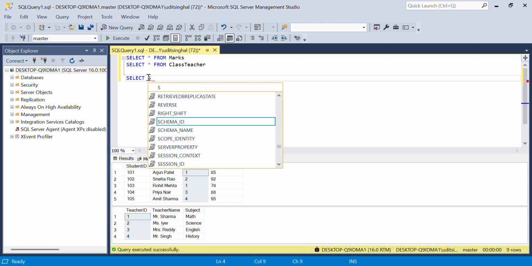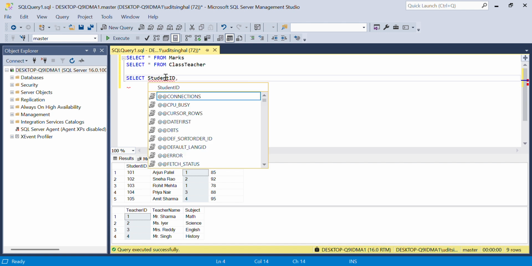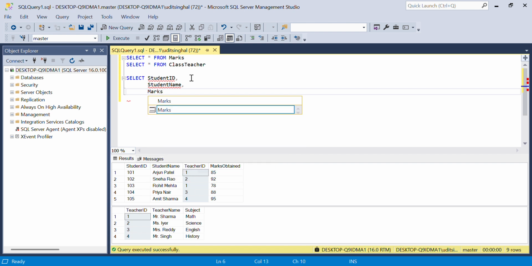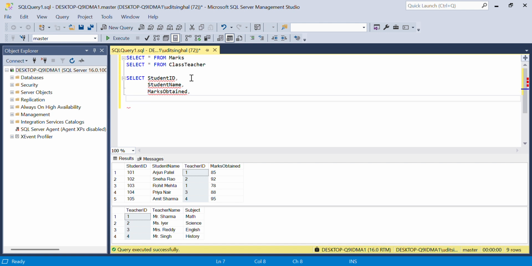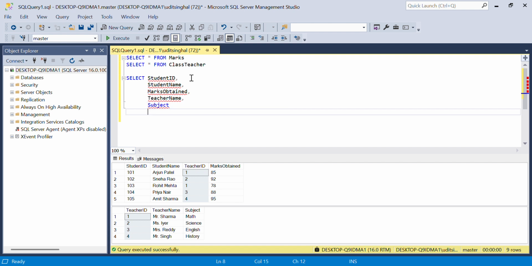Select, we want a student ID, then we want student name, then we want marks obtained, then we want teacher name, then we want subject. From,